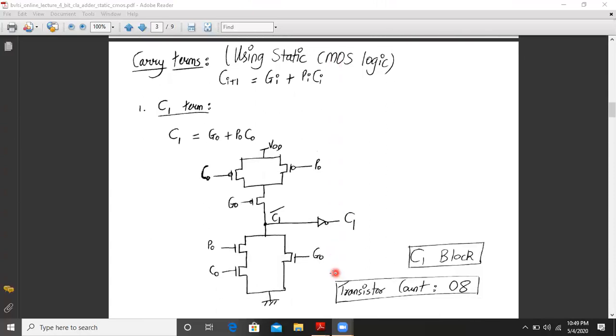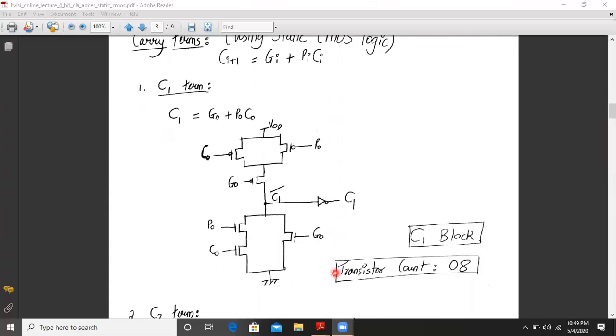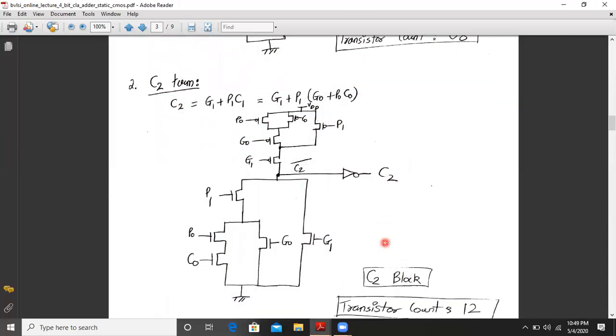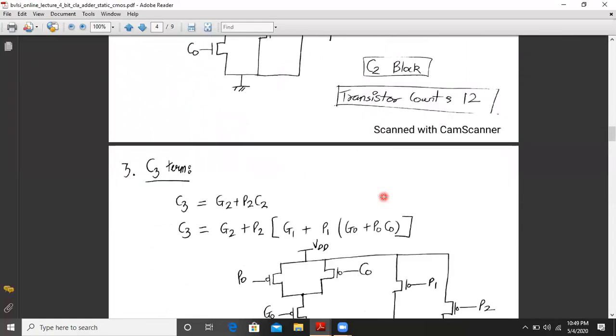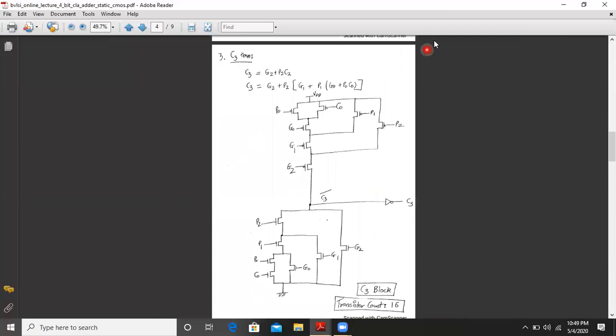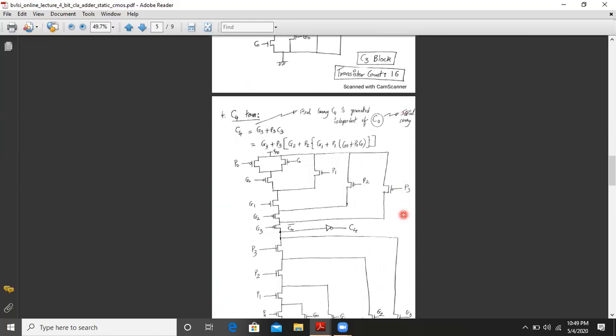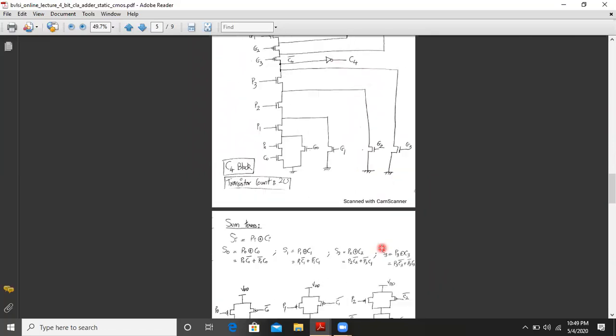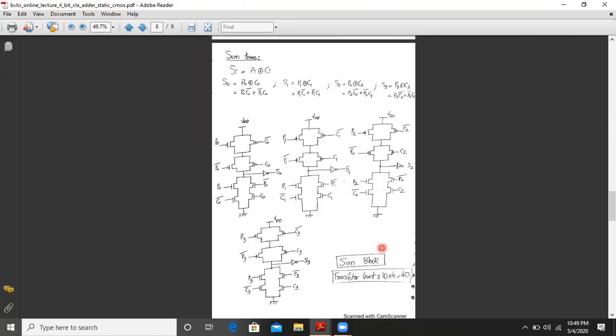Then we individually designed the carry blocks, that is C1, then C2, and next C3. The design becomes more and more tedious as we go for higher order carry terms. Then we have the C4 design using static CMOS, and lastly the design for all 4 bits of the sum, that is S0, S1, S2 and S3.